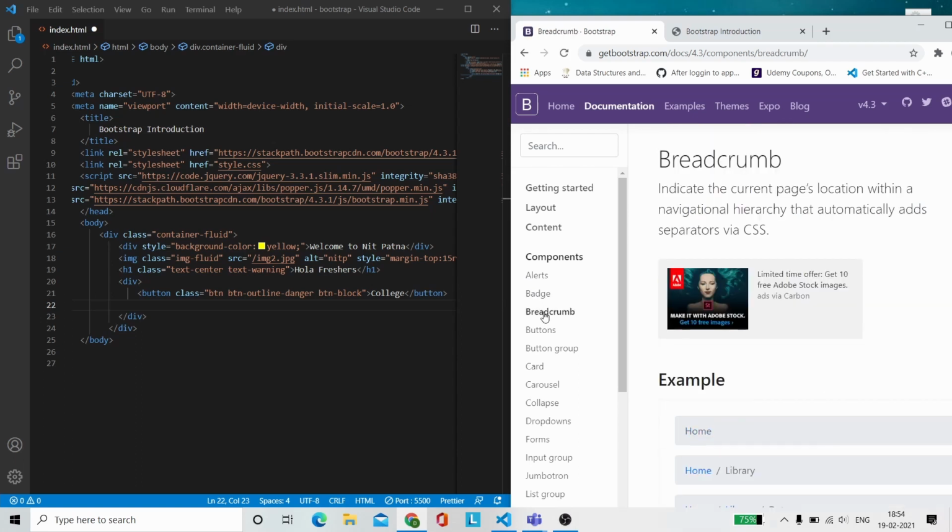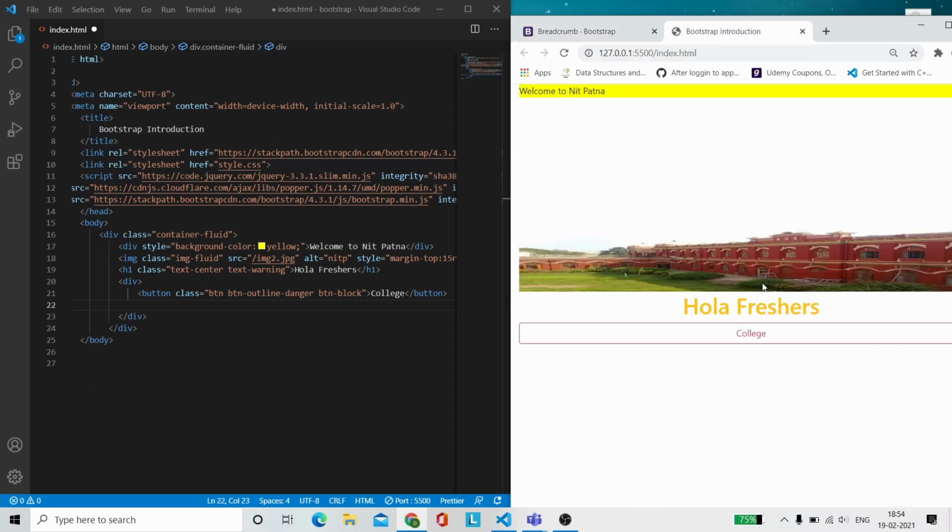I'll tell you something which is actually important, that is bootstrap grid. In the advanced CSS session, you will be told about what a grid is. In the same way, we have a grid in bootstrap as well, and it uses a responsive 12 column grid system. What do you mean by that? It treats the whole screen as 12 columns, and then we can divide it according to our need.